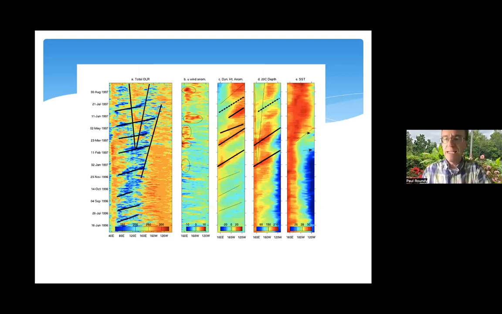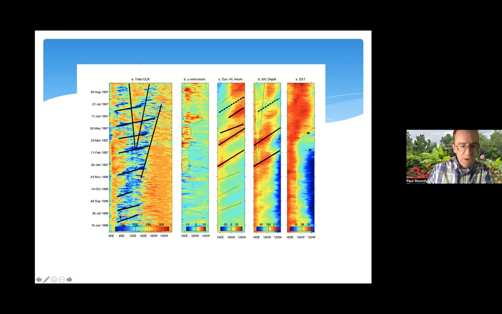So here is the 1997 El Nino event in outgoing long-wave radiation data. You can see the longitude range here. Time is going up over the course of the event. Right here, it's not El Nino. Here, El Nino is developing, and here it's mature El Nino condition. And this is the winds over the Pacific. This is the dynamic height. Remember, proxy for sea level height. This is the 20-degree isotherm depth, which is how deep the thermocline is, roughly. And this is sea surface temperature.